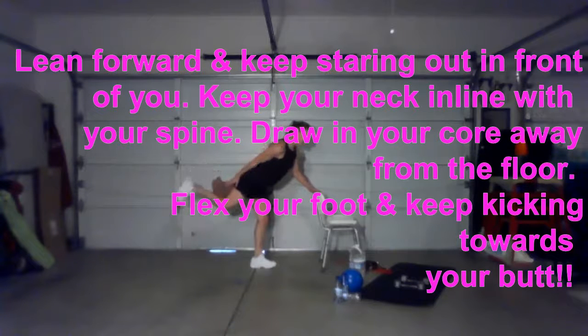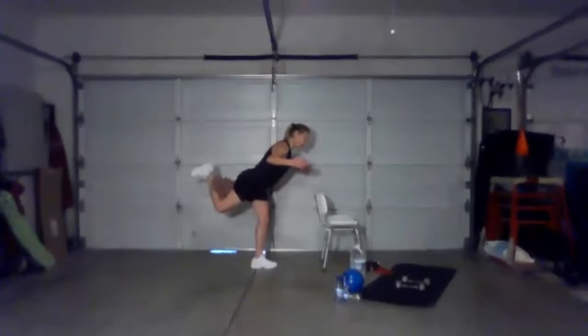Flex your foot, let's squeeze the ball with your muscle in the hamstring. So squeeze the ball, squeeze, squeeze. Come with me, squeeze. This is 5, 6, stomach tight, 7, 8, 9, squeeze the ball, 10, 11, 12, 13,